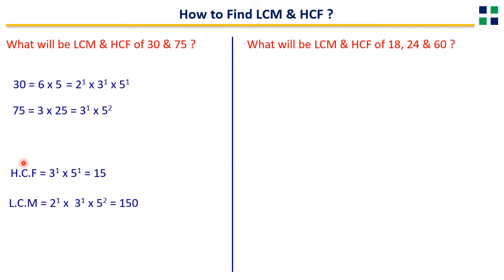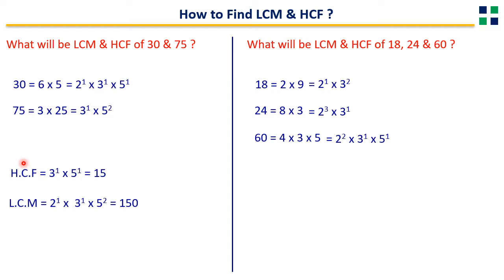The second question, what will be the LCM and HCF of 18, 24 and 60? So how can we factorize the number 18? It can be written as 2 into 9, which can be further written as 2 into 3 square. How can we factorize the number 24? It can be written as 8 into 3, where 8 can be written as 2 cube, so 2 cube into 3. The third number 60 can be factorized as 4 into 3 into 5, which can be written as 2 square